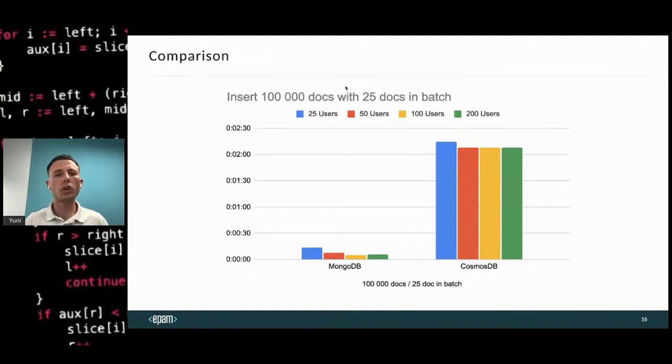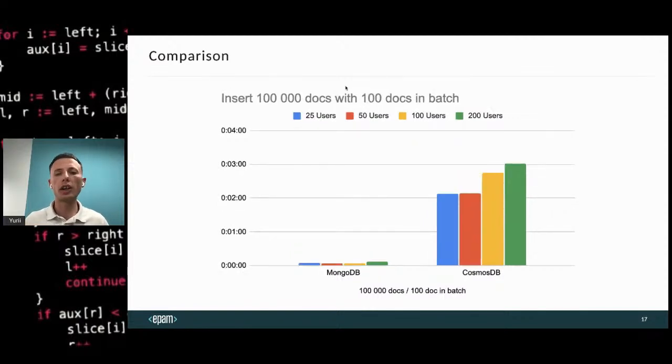And I think, okay, maybe we need to change the number of documents in a batch. Maybe it will be more efficient to have 100 documents in a batch. I ran the same query, and no change for Mongo. Actually, no change for Cosmos when we are talking about 25 and 50 users, but it affects Cosmos when we have more than 50 users. When we have 100 or 200, it takes longer, and that's the result.